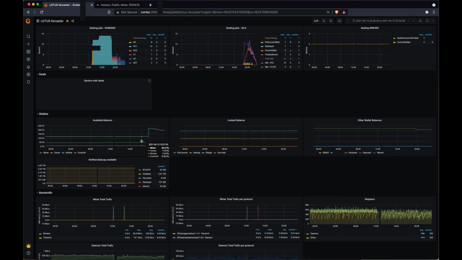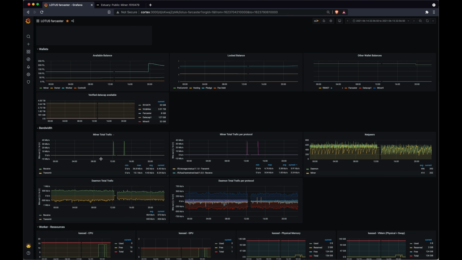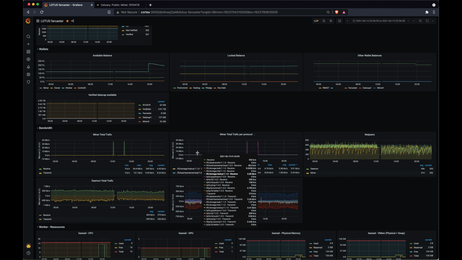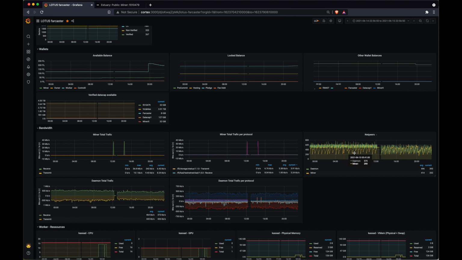And then we enter the historical part of the dashboard. Most of the panels you will find here are historical views of the information we just presented above. These ones are related to the balance. This one is very convenient, it's related to the traffic. So you can see the traffic. Here I've got probably 2 deals that arrived at that time. There are 2 peaks here. But the very cool thing is you can even get the split and the breakdown per protocol. You can also see the net peers.